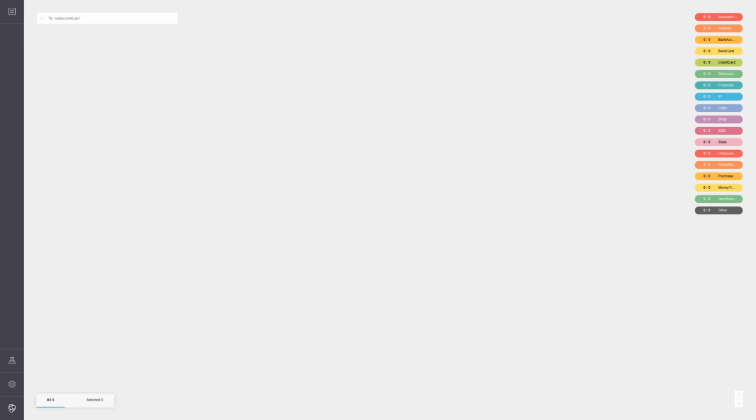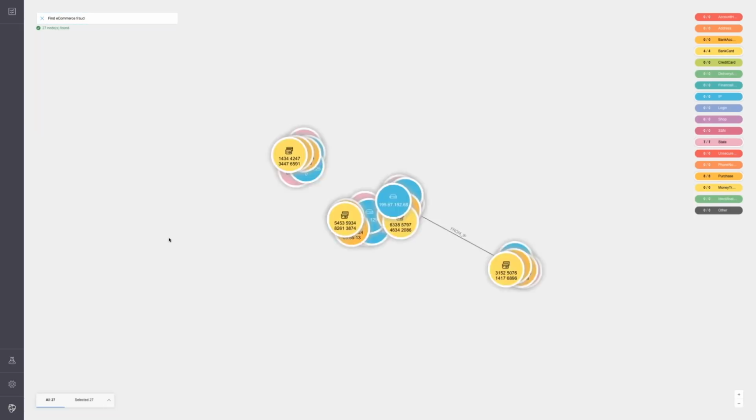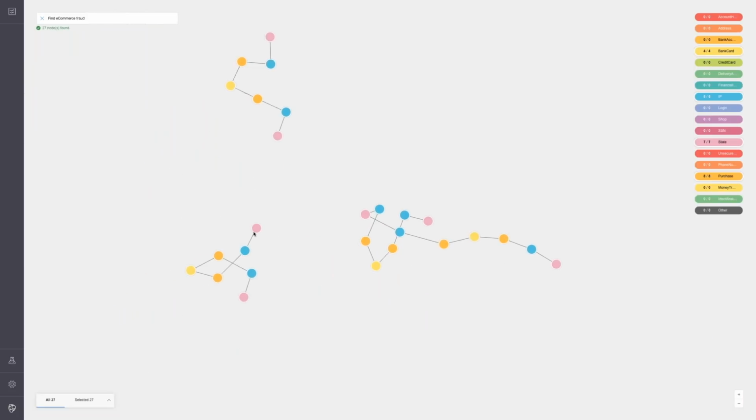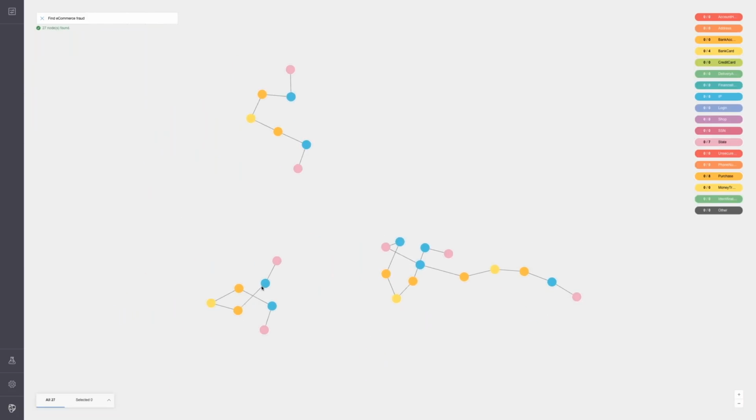Okay. We'll take a look then at another type of fraud. So this is more kind of e-commerce oriented fraud. This is using transactions that look suspicious to identify potential fraud. So we'll start by saying find e-commerce fraud. And what this does is it's pretty straightforward. It's just looking for events that happen within a certain time of each other,